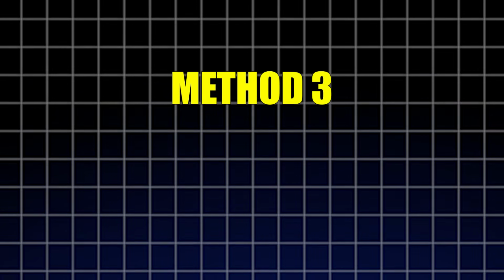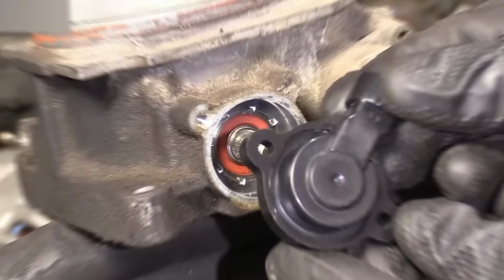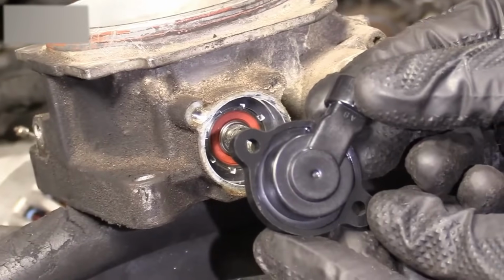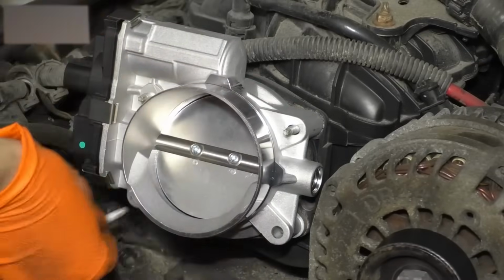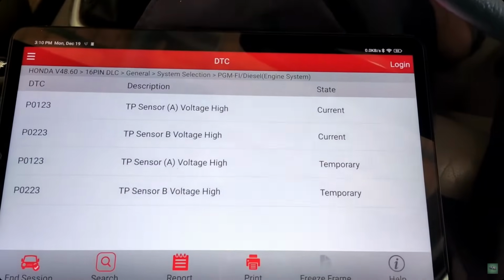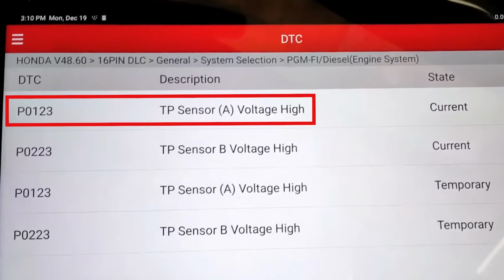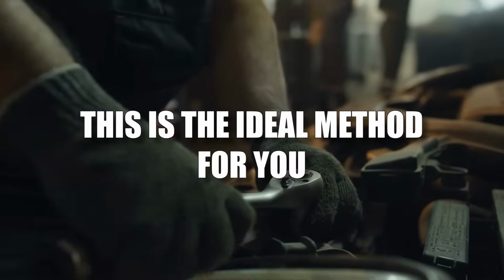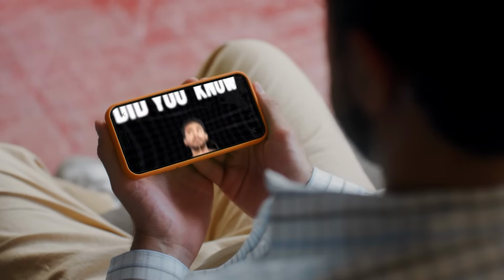Method 3. Throttle position sensor reprogramming, or hard reset. This method is for vehicles with severe position sensor issues, or after replacing the throttle body. If you are experiencing persistent error codes related to throttle position sensor issues, this is the ideal method for you. And if you're not sure whether your TPS is the problem, be sure to check out